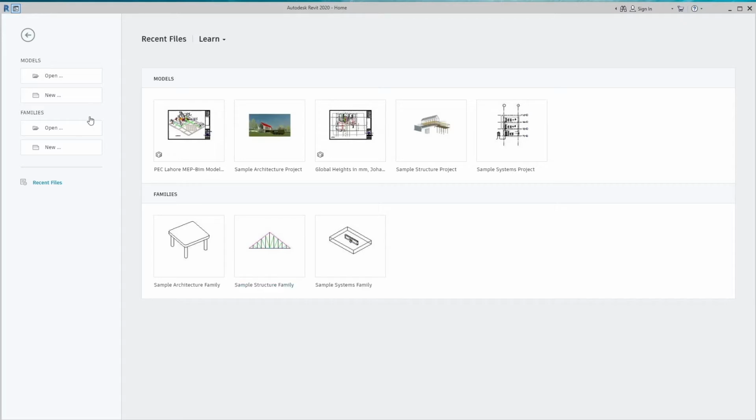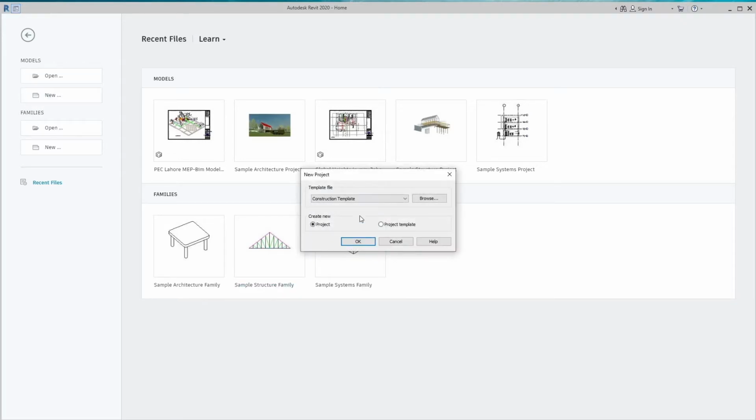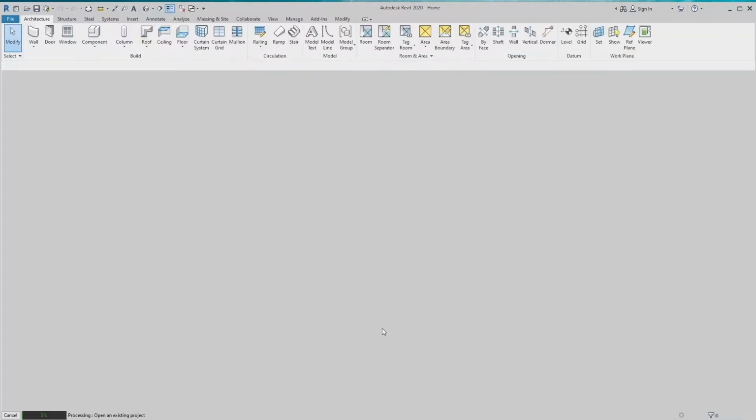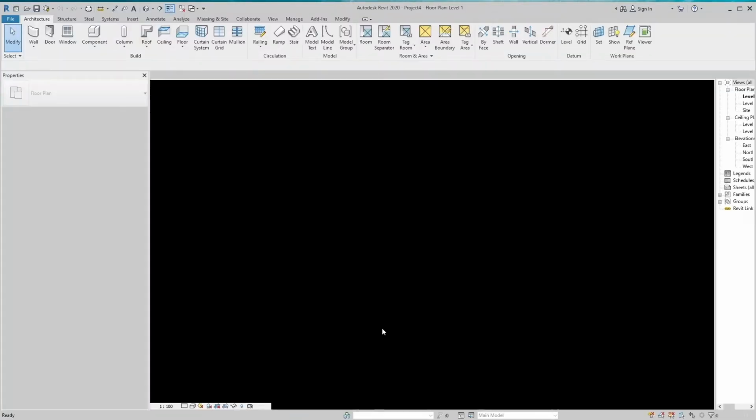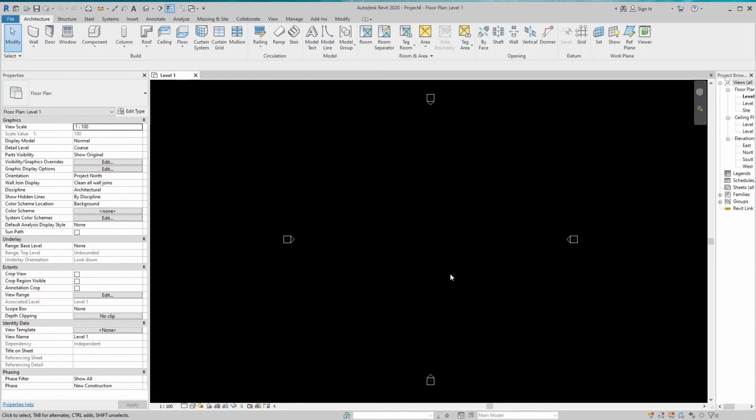We will open any sample project. We found 4 default elevations in the drawing working area. The topside elevation tag is north. The opposite direction of north is always south. So the opposite elevation tag is the south tag.